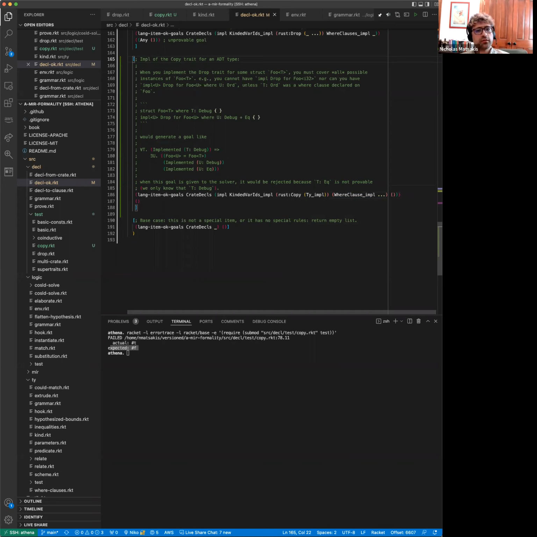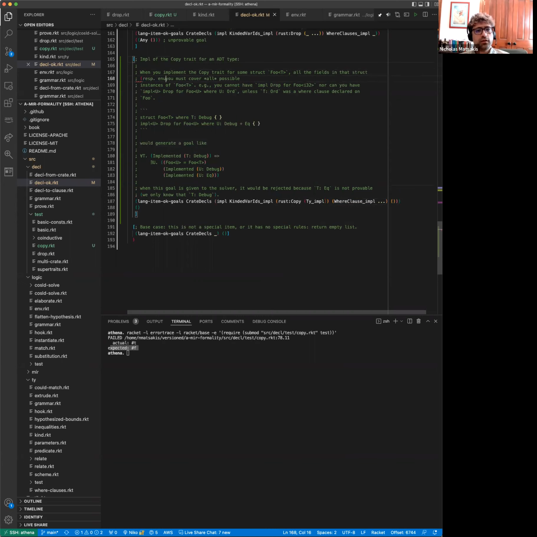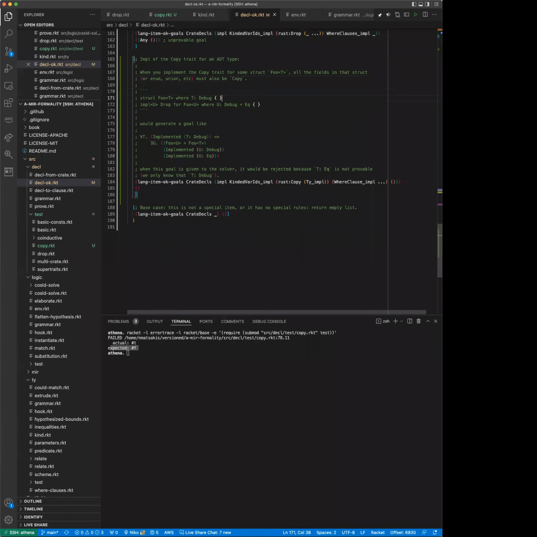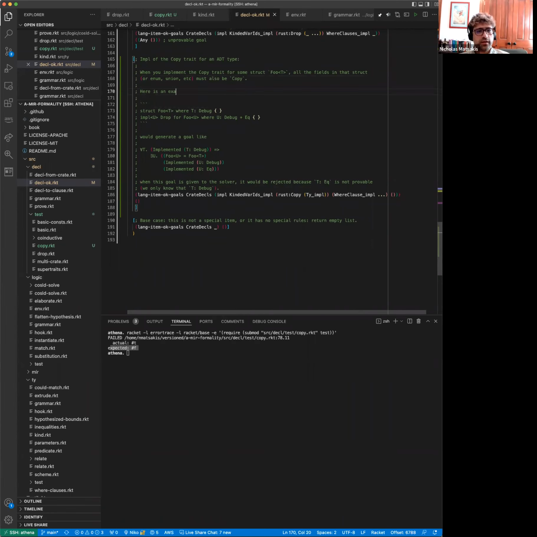So let's write our comment. What we're going to do: when you implement the copy trait for some struct foo of t, all the fields in that struct, enum, union, etc., must also be copy. Here is an example that does not meet this condition. Well, actually, no, let's do that. So for this example,